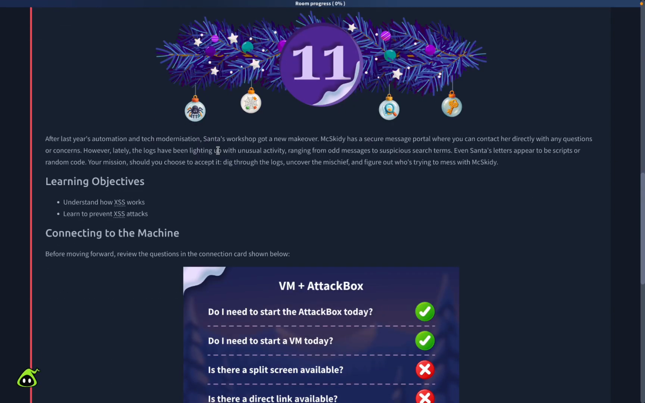Alright, so day 11 reads as, after last year's automation and tech modernization, Santa's workshop got a new makeover. McSkitty has a secure portal where you can contact her directly with any questions or concerns. However, lately the logs have been lighting up with unusual activity ranging from odd messages to specific search terms. Even Santa's letters appear to be scripts or random code. Your mission, should you choose to accept it, dig through the logs, uncover the mischief, and find out who's trying